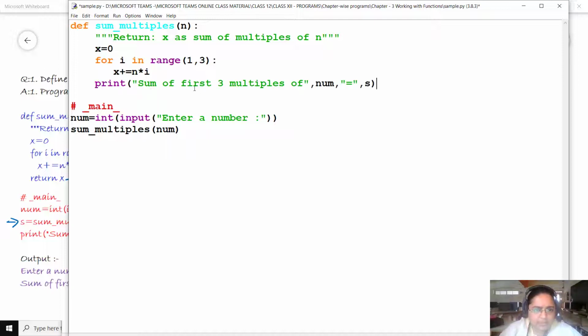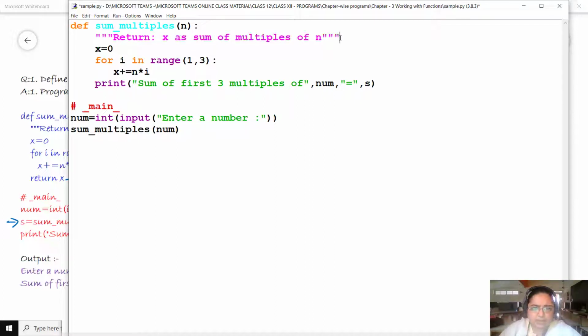Now this print statement we need to review a little bit: sum of first three multiples of the number. Now num was a number which was asked within main, that is within the global area. But because we have shifted the statement to the function body, here you can see there is a value x, which stores the sum of the multiples, because originally this function was supposed to return x as the sum of multiples of n.